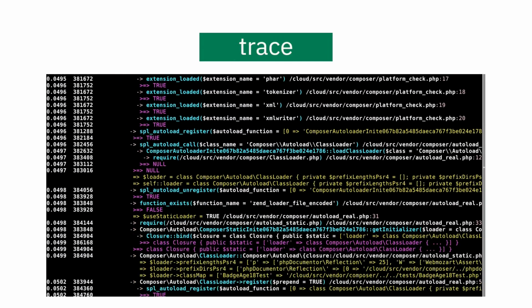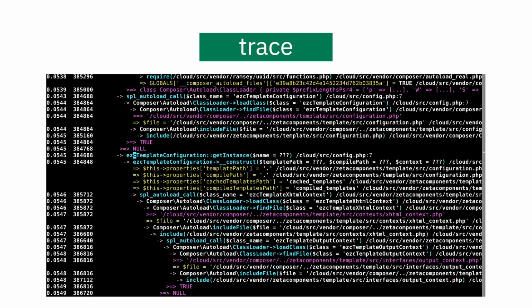The tracing mode allows you to write to a file every single function call, including arguments, as well as all the return values and variable assignments. This mode makes it possible to figure out exactly what goes on or has gone on during the execution of your script without analyzing it live.